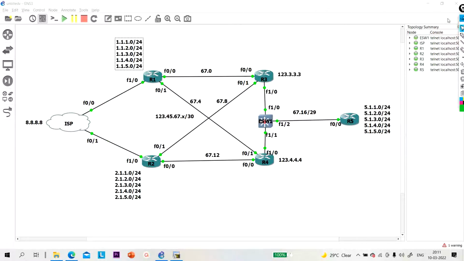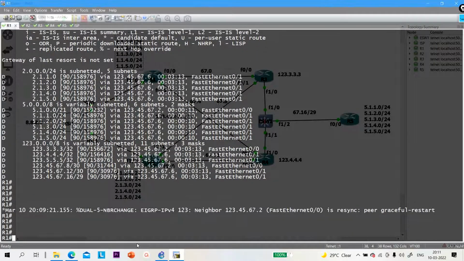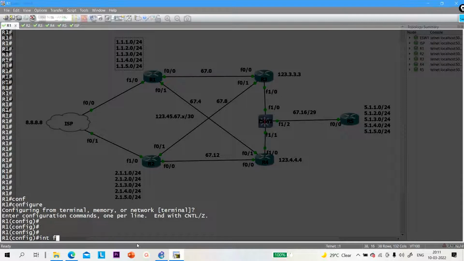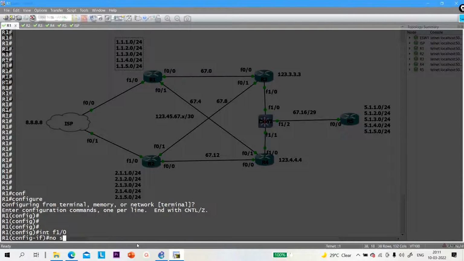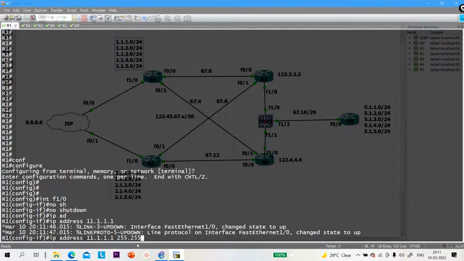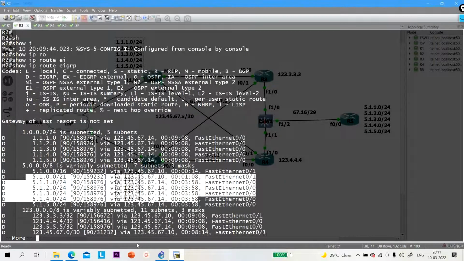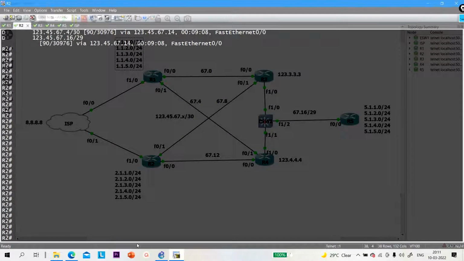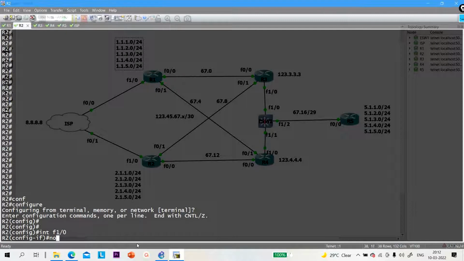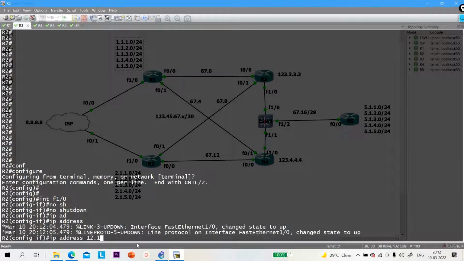Okay, so go to R1, configure terminal, interface F1/0, no shutdown, IP address is 11.1.1.1, 255.255.255.0, exit, go to R2, configure terminal, interface F1/0, no shutdown, IP address is 12.1.1.1,